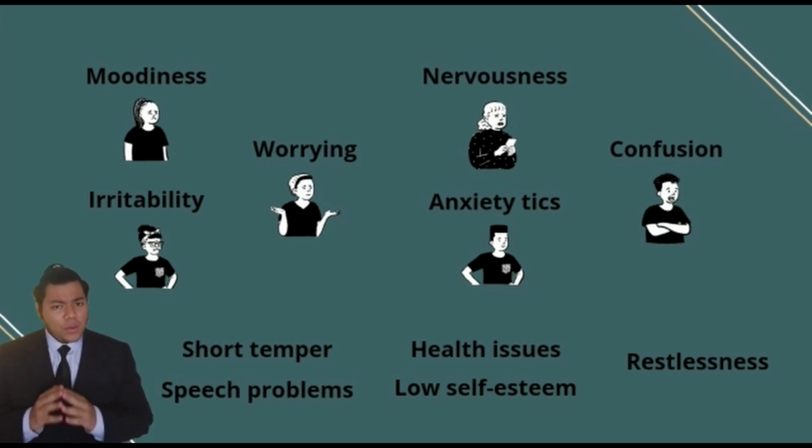Anxiety tics. Maybe you are wondering, what is anxiety tics? Anxiety tics is the motion that happens when a muscle or group of muscles moves without you trying to move it. Lastly, getting confused easily. Some other symptoms are short temper. Short temper and irritability often happen to stressed people. They tend to scold people without taking into account their feelings.